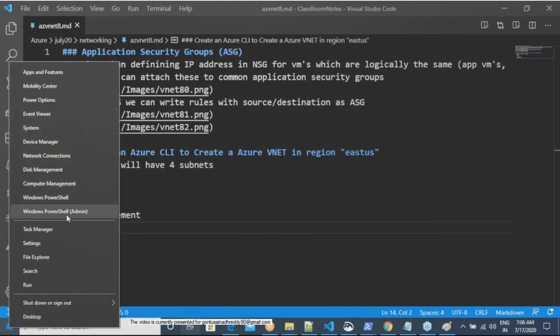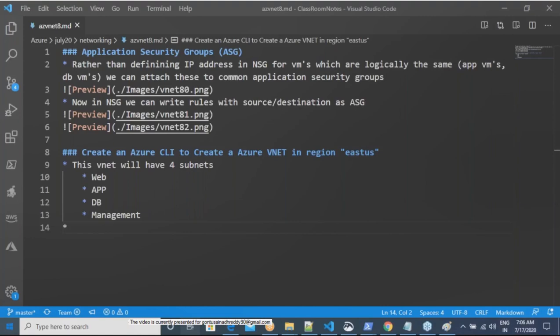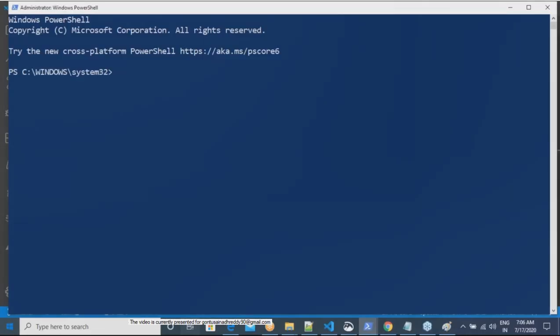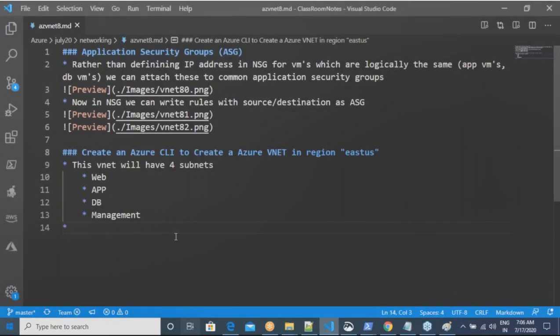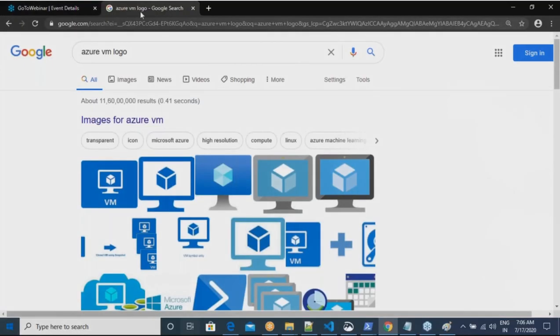the first thing I want you to do is log in from Azure CLI. After installing Azure CLI, let me give the link again.